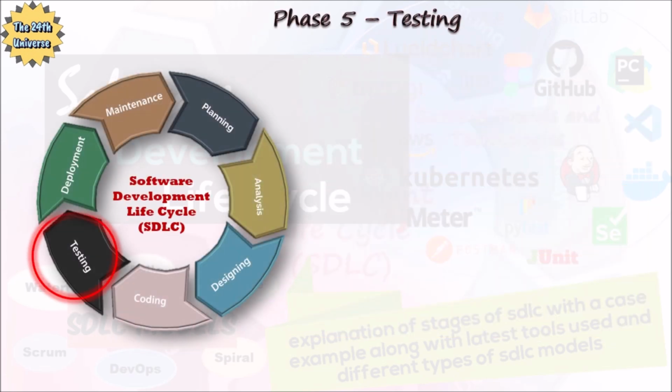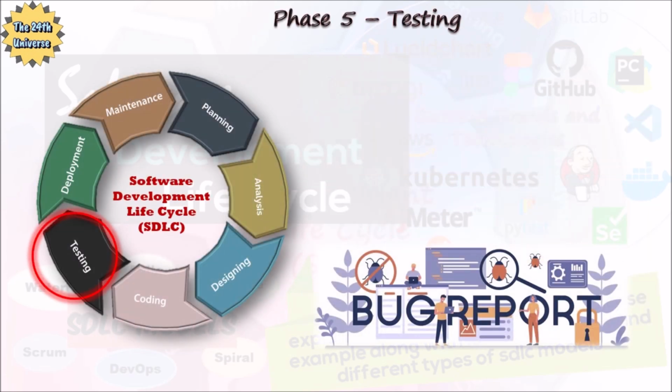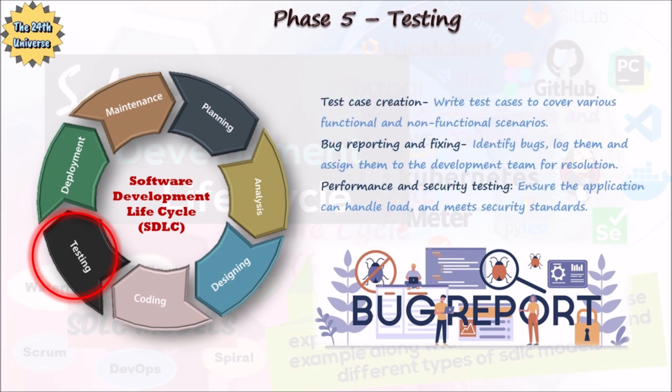The objective of the testing phase is to ensure that the software meets the specified requirements and identify defects. Testing can include different levels such as unit testing, integration testing, system testing, and user acceptance testing, that is UAT. The key activities involved here are